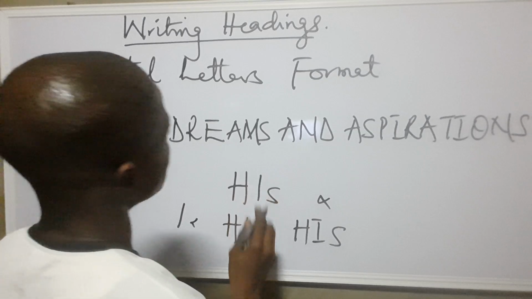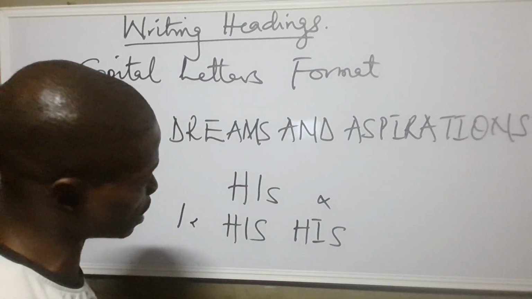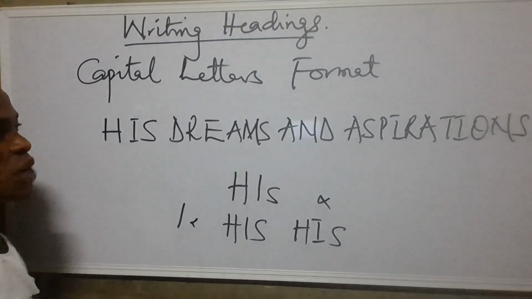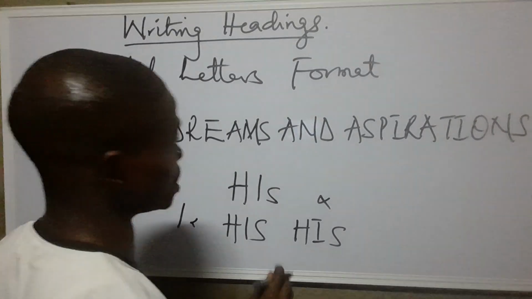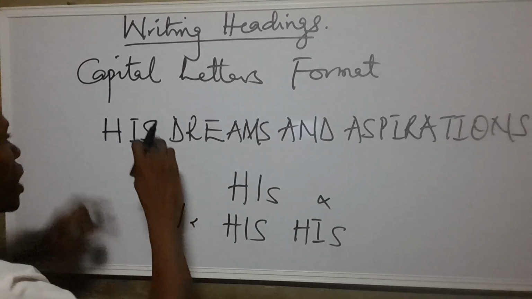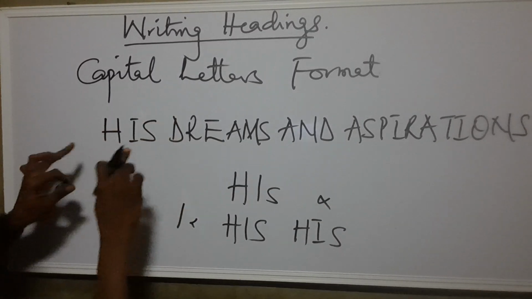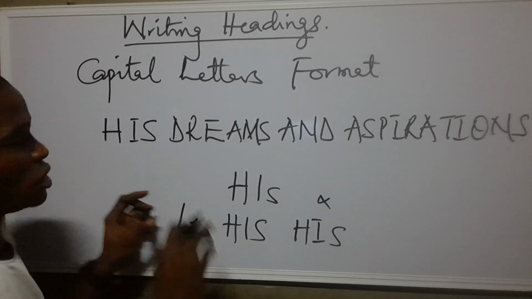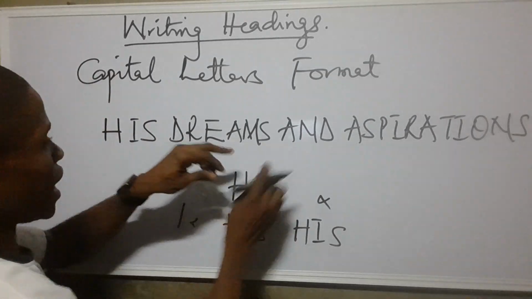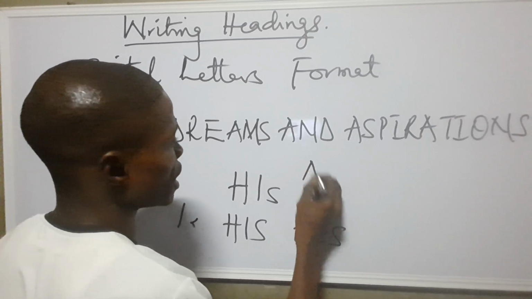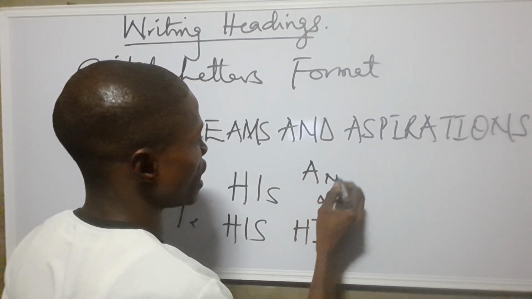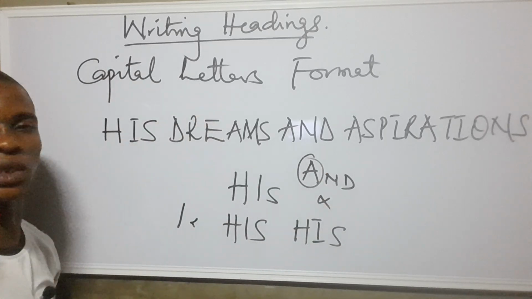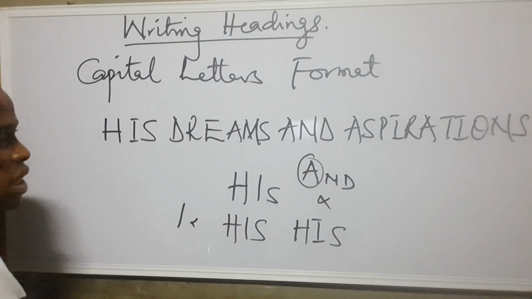At the same time, there are some that will write the capital letters in a wiki-waki form. Please be careful. Anytime we write a capital letter, it should be capital. Look at the height of every bit of my letter. The height is of the same level. Not that I write my AND now like this, I write A like this, and I write the N like this, and the D like this. This is wrong. This is not a capital letter form. Please take note of this.